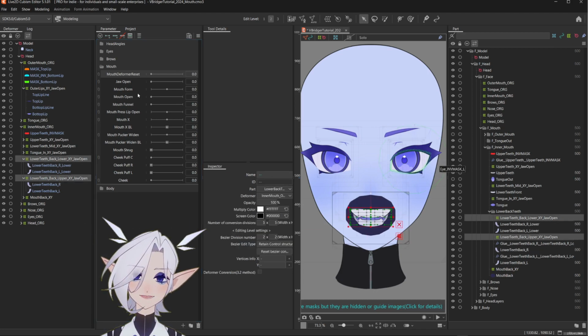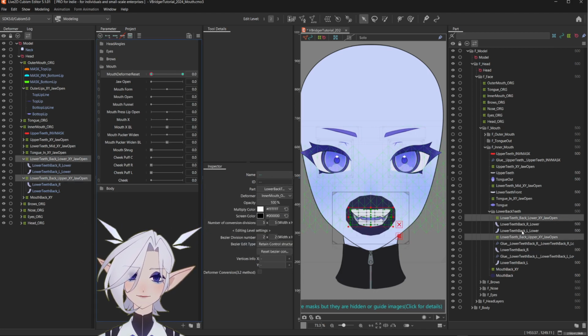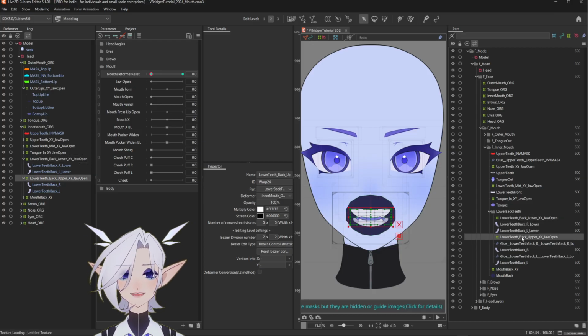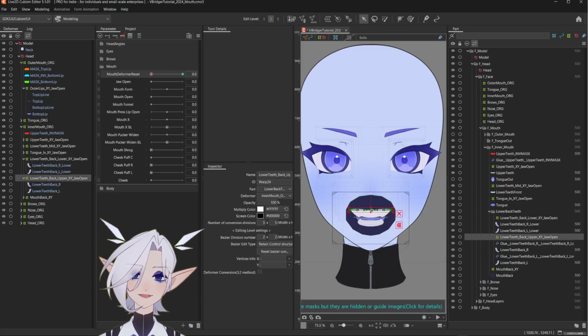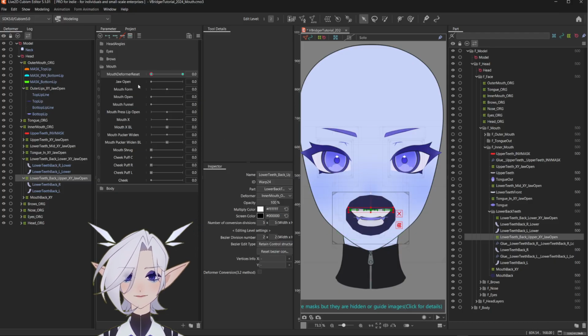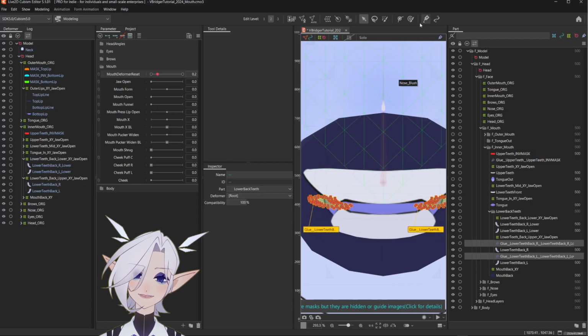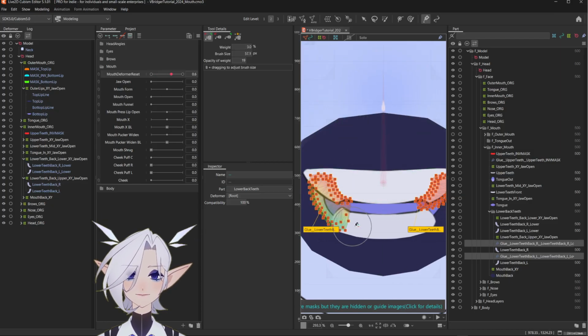I'll add keys to both the upper and lower deformers of the back teeth, then flatten the upper deformer upwards and the lower deformer downwards. Now if I slide the reset parameter over a bit, I can easily adjust the glue and actually see what it does. The whole inner edge should be red,